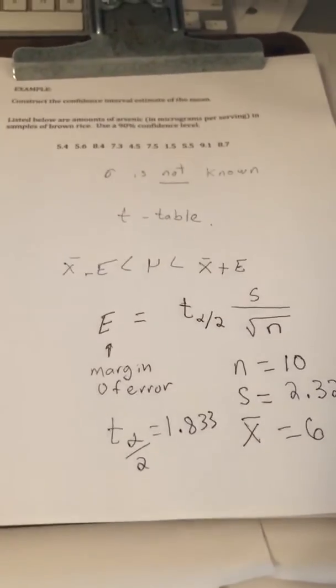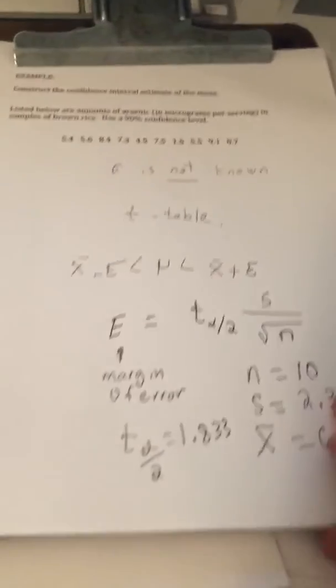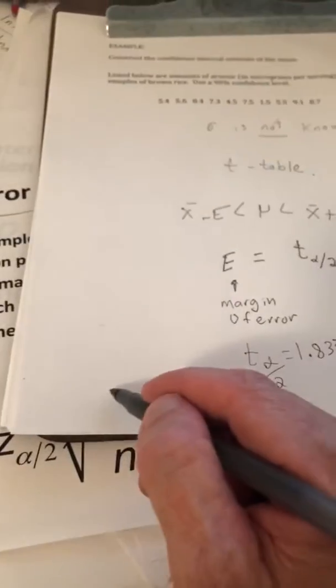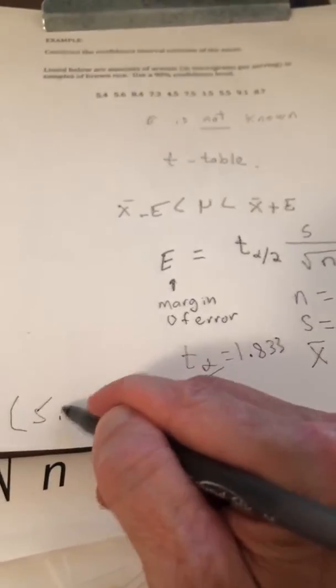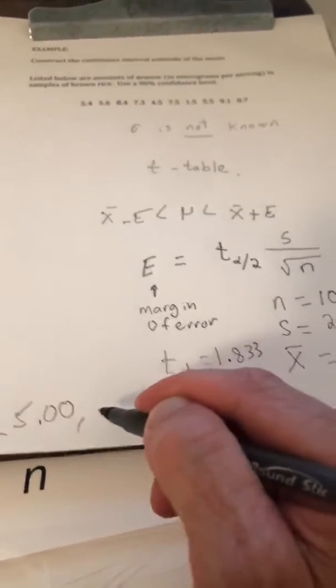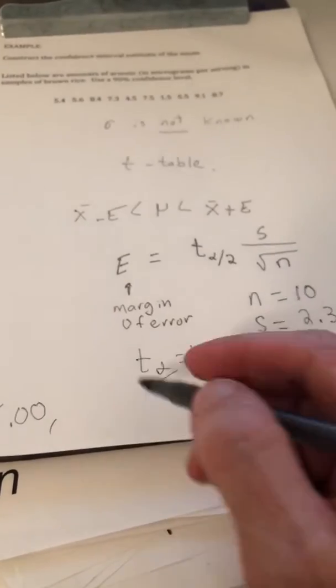So when you do all of that work, what you should end up with is this: your confidence interval should end up being 5.00 for the left endpoint and